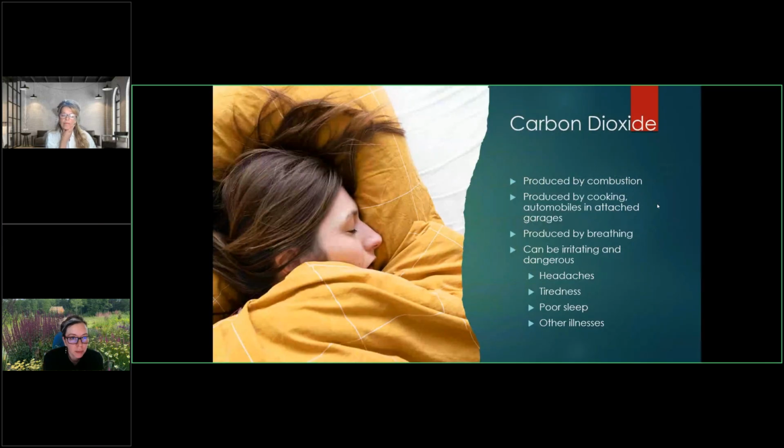Carbon dioxide, we put this on here, and part of the reason why I talk about it is carbon dioxide can create poor sleep. It can make you sleepy and tired. It can give you headaches. It's not the super dangerous thing that carbon monoxide is, but it's one of the easiest things to monitor. So when you're just getting a client into this, we're talking temperature, humidity, and carbon dioxide, which are three